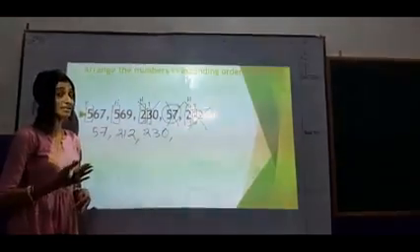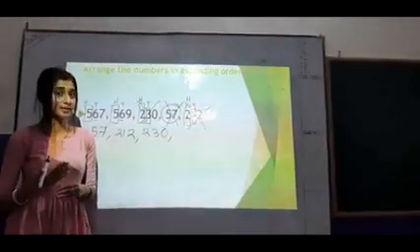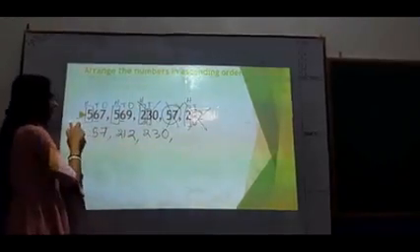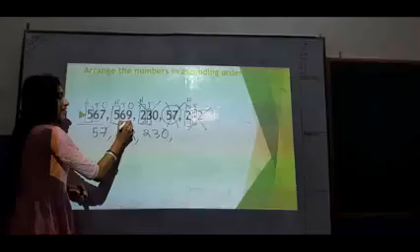So what is the rule? You have to check the tens place. In the tens place again you can see both the numbers have the same digit. Then how to check? You have to check the ones place. Yes, in the ones place you can find this number has 7 and this number has 9. So you can take the decision here. 7 is smaller than 9. So the next small number is 567.